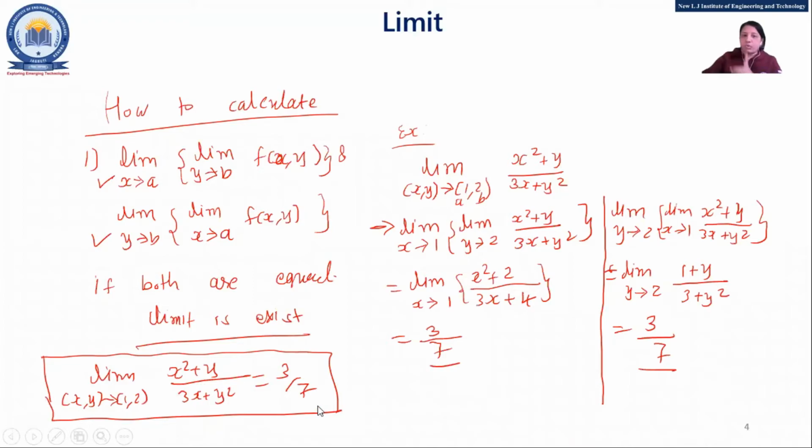Fine. So how to calculate it? There are two ways. This is our first way. That means x and y are other than (0, 0). Another is, can we apply the direct limit? Yes, you can, by putting both values. In this example you will get both the same, 3 upon 7, because there is no minus sign, only a plus sign. So it will not affect your answer.